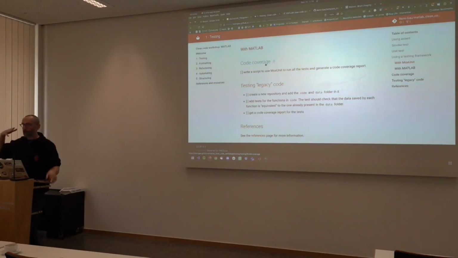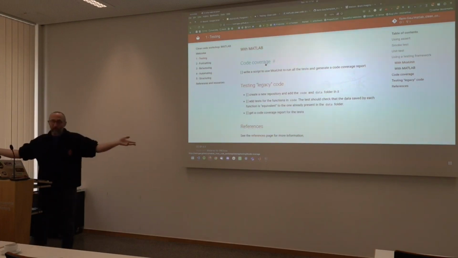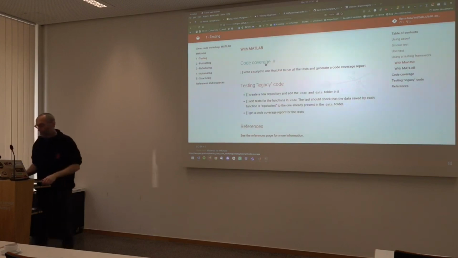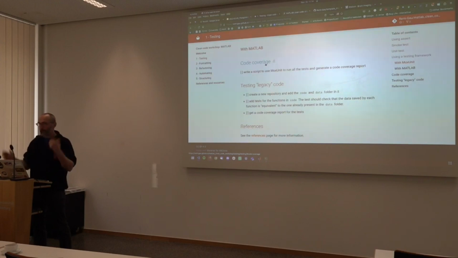We're not taught about testing. That's what most of our code is, because we don't have tests for it. So you all work with legacy code and that's fine. But eventually when you want to add tests to this, there are a few techniques that you can use. And I'm going to show you how I would do it on some very old code of mine that I mentioned earlier.